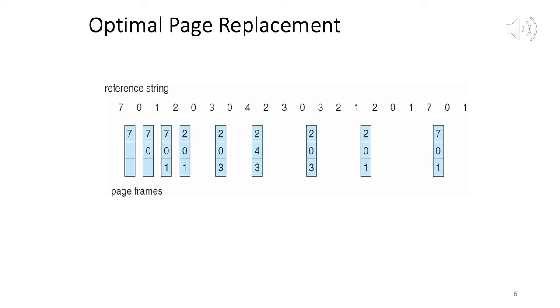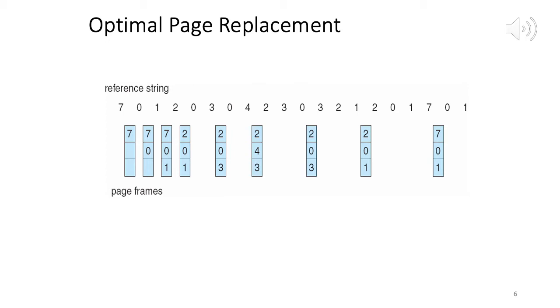So in this way, whenever we have to evict a page, we look ahead and then we evict the page which is not going to be used for the longest amount of time. And we can also have a special case here. We may have a page which is not going to be used at all, right? So such pages can be evicted. So look ahead and pick the page which is not going to be used for the longest amount of time.